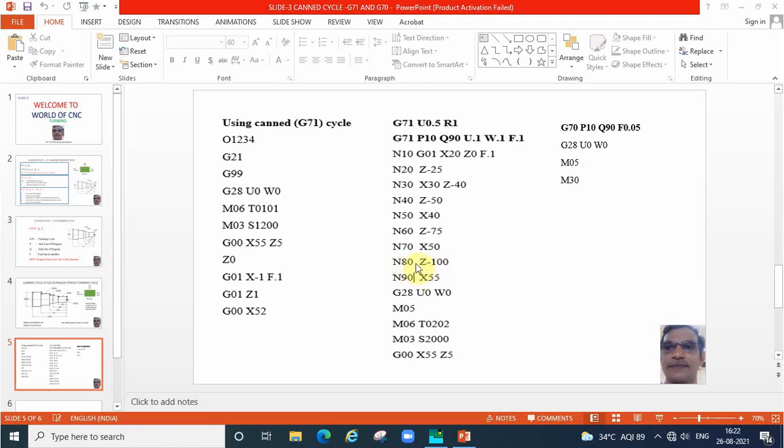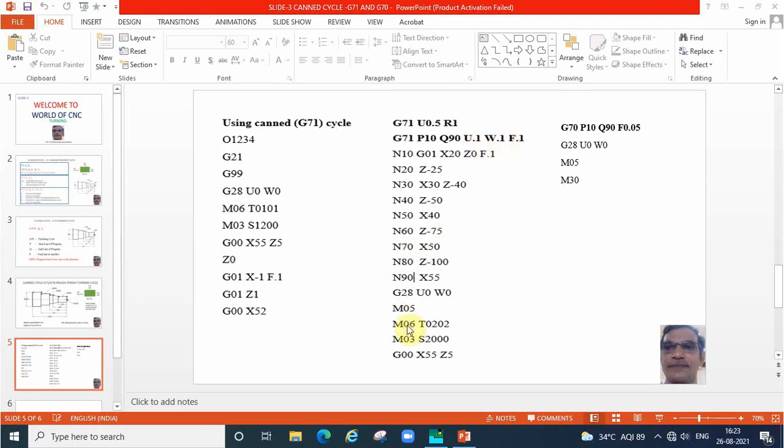After completing the cycle, we have to retract the tool finally to X55 or 52, any value, so that the tool will be free now. And then go back to the home position, the tool reference point, and switch off the spindle. Now we left some stock, 0.1, for finishing. That has to be removed now.